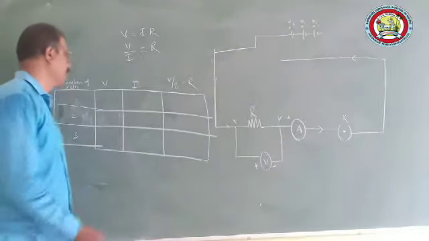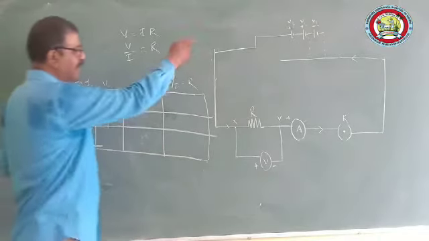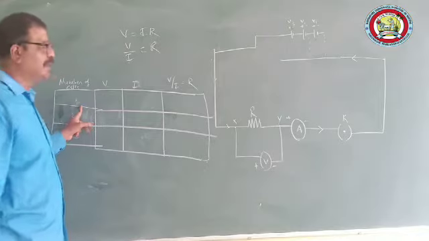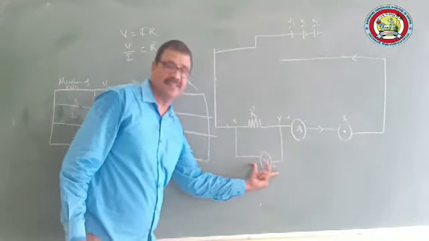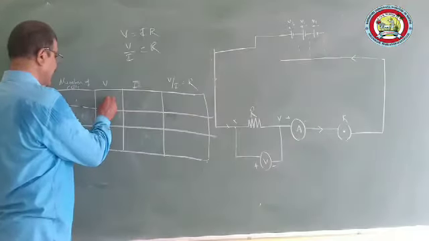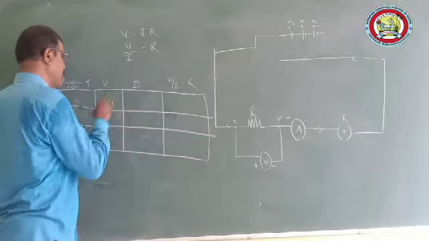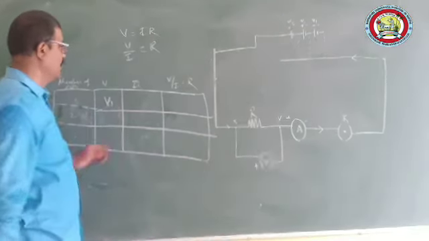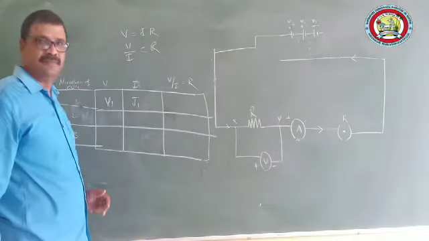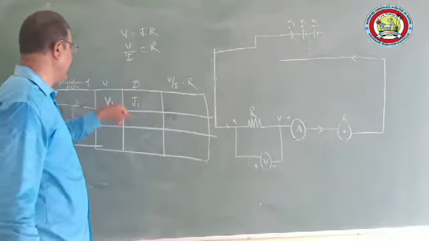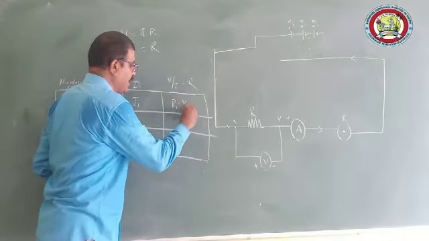Now, I just switch on the first cell. The current will start passing through the circuit. I will note down the potential difference in the voltmeter, some reading, say X1, or let me call it V1. The corresponding current I will note as I1, and when I get V1 and I1, I will get R1. R1 will be V1 divided by I1.